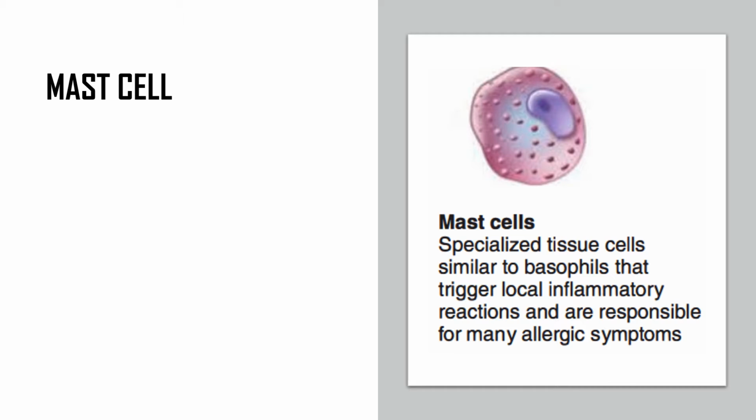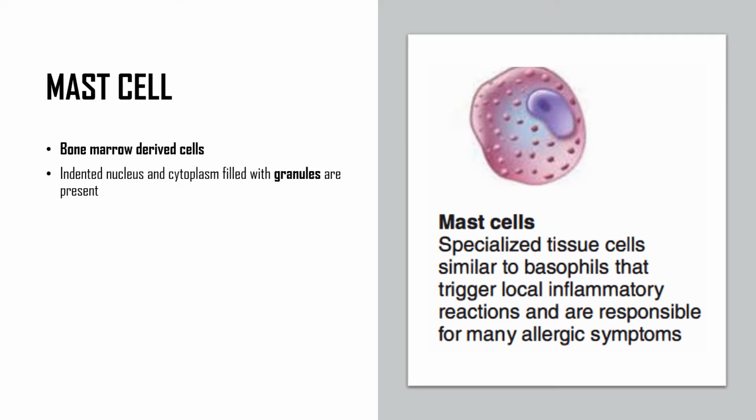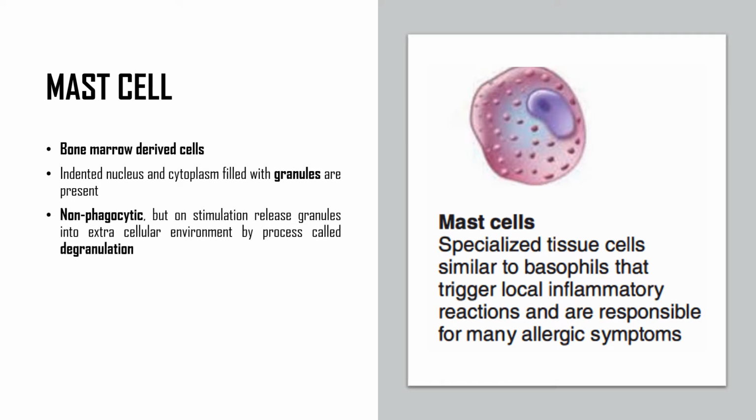Starting with mast cells. Mast cells are specialized tissue cells similar to basophils that trigger local inflammatory reaction and are responsible for many allergic symptoms. They are bone marrow derived cells that differentiate in connective tissue. Mast cells have an indented nucleus and a cytoplasm filled with specialized organelles called granules. Mast cells are non-phagocytic, but when stimulated, they rapidly release the content of their granules into the extracellular environment, a process